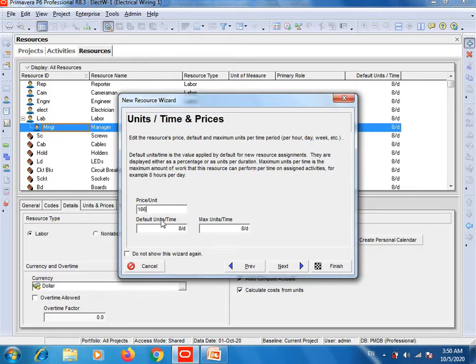This is the default units per time, 8 hours per day, 8/D. Daily he will do 8-hour duty. So 166 is the per hour salary if he or she takes 40,000 Pakistani rupees per month. Then click on next.